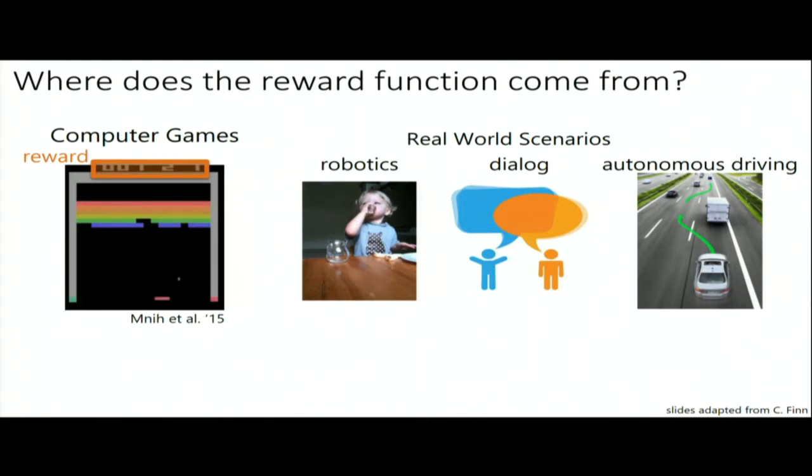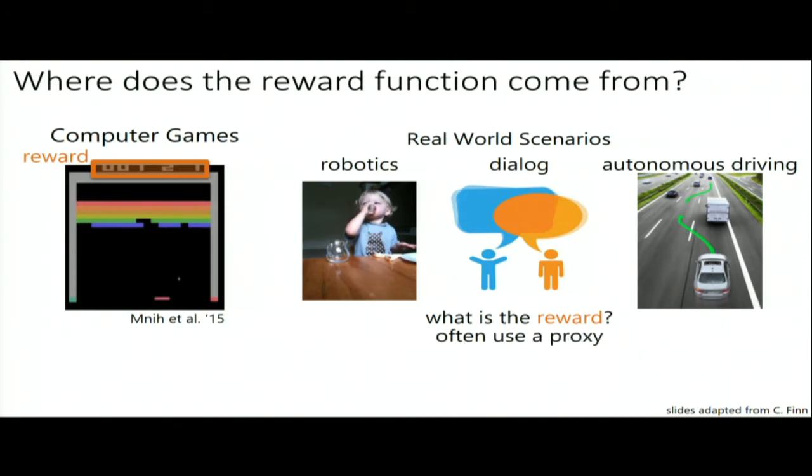So in all these scenarios, what they all have in common is that it is comparatively easy to get a person to show you one of these things being done, but quite challenging to manually program a very good reward function such that a good reinforcement learning algorithm will actually acquire that skill to the degree of proficiency that's suitable for the real world. So in these settings, the reward function is a bit hard to obtain,